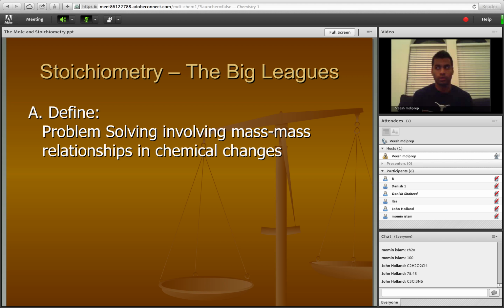And then they're going to give you generally an amount of either a reactant or a product in grams. If they give you the reactant in grams, they'll ask how many grams there are of a product, and you have to figure that out through stoichiometry. Or if they give you the amount of a product, they'll ask how many grams of the reactant were needed to get this much product. Again, you have to go through stoichiometry to do that. And the definition of stoichiometry